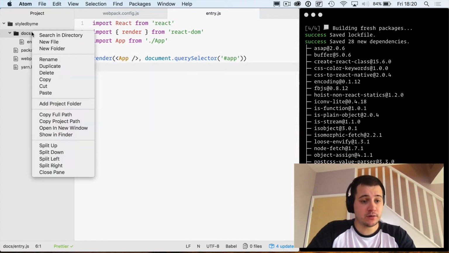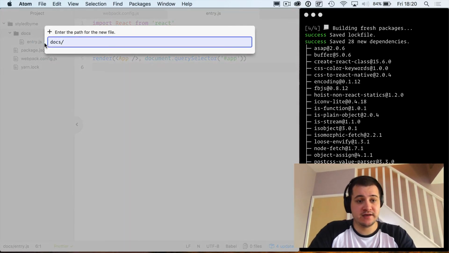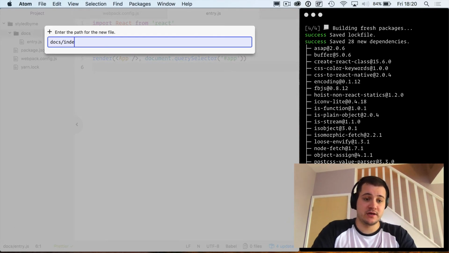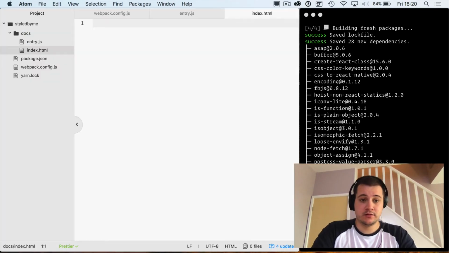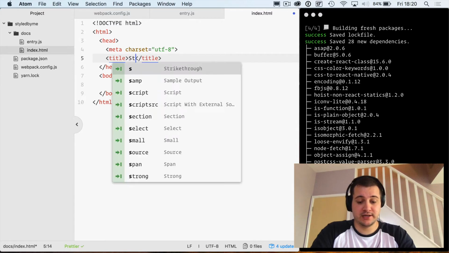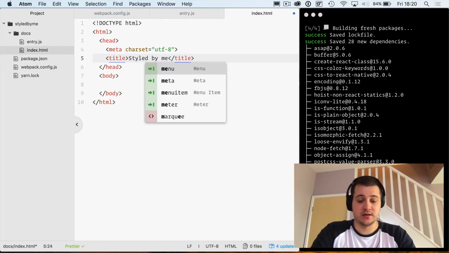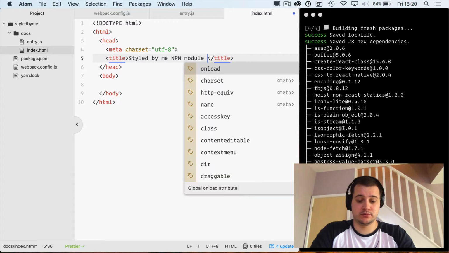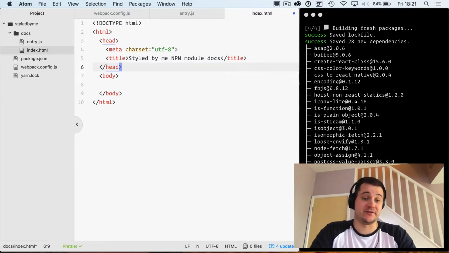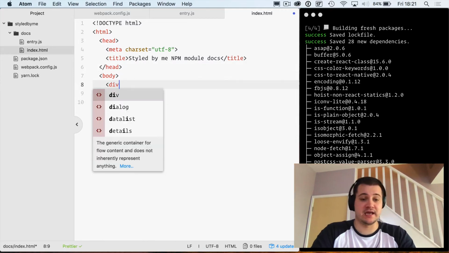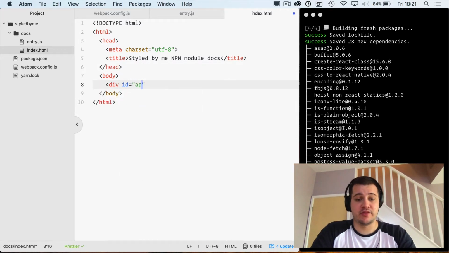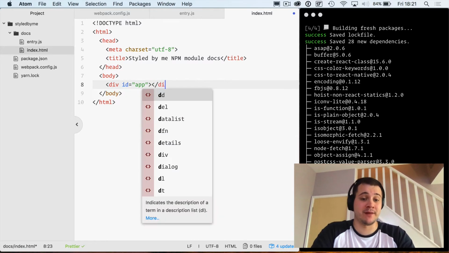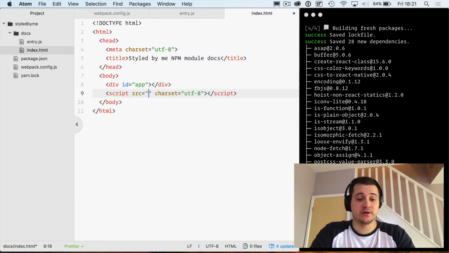So that's quite cool. And if we create another file called index.html, set up some boilerplate, styled by me, npm module, docs, give it whatever title you like, entirely up to you. We obviously need to include a div here with an ID of app, and that's where our React application is going to mount. We next need to include our bundle.js file, and it's important that we specify